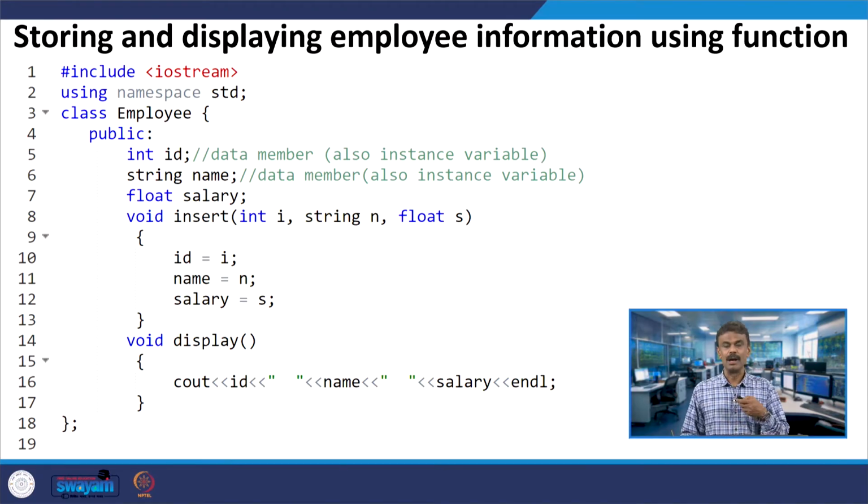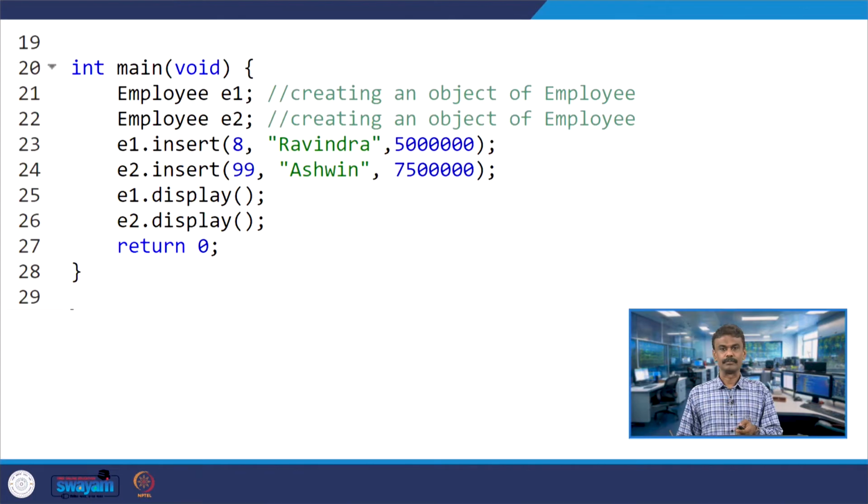Those who are learning object oriented programming for the first time, assume that you are well versed with procedural oriented. So, this is like practicing the problems or the program. Now we have created two objects, E1 and E2. We have instantiated two objects E1 and E2. Here E1 dot insert I call, that means the object E1 is invoking the insert function.